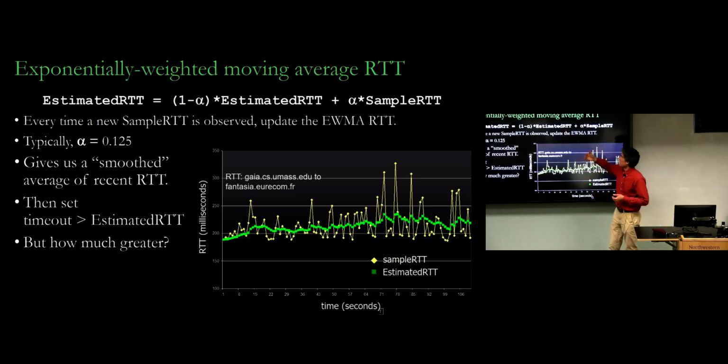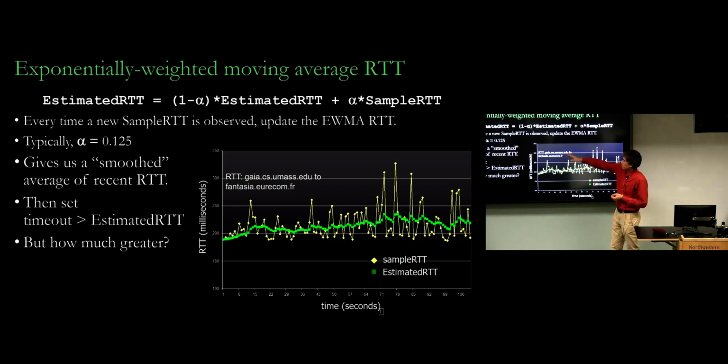And when you get a new sample, you average it. So I've just observed that the round trip time was 400 milliseconds. Previously, I thought it was around 200. And so my new estimate should be somehow between the two. It should be a little higher because my new observation is higher than the old average. But it should still take into account the old information because I know that my new one is just one sample, and that previous estimate is based on many samples. Right? So all it is is a weighted average. So you give some weight, so this alpha and 1 minus alpha add up to 1.